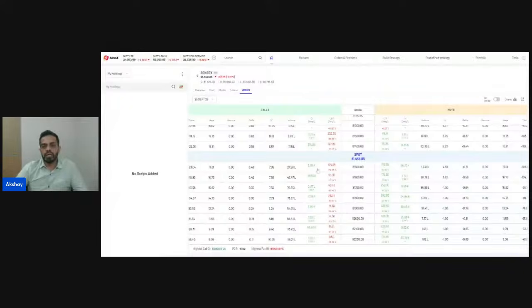There is some shift slowly being seen, but 81,400 and 81,500 is where the highest open interest is after the 81,000 strike in puts. And in calls, it is at 81,700 roughly. So our range is clear. We are dealing with 81,400, that is the support, and 81,700, which is the resistance. So within this range, we are now going to time our trades as to how best we can look at